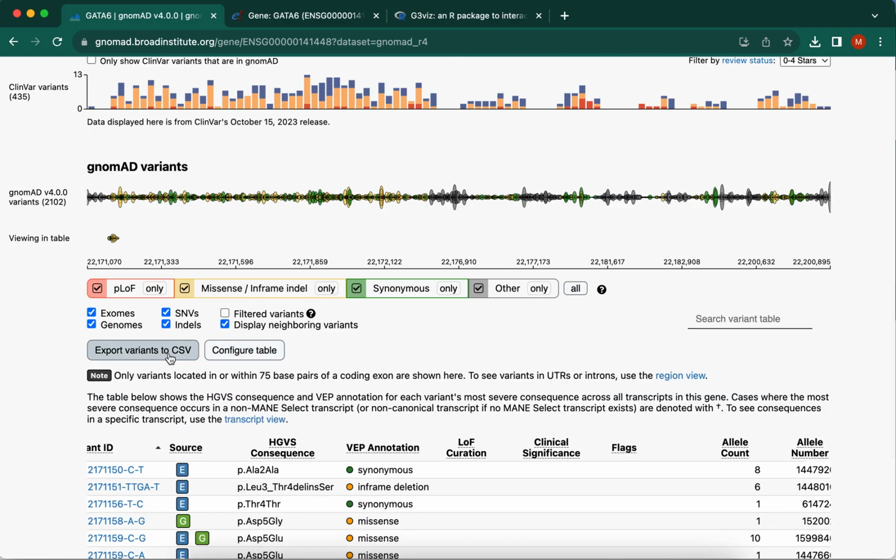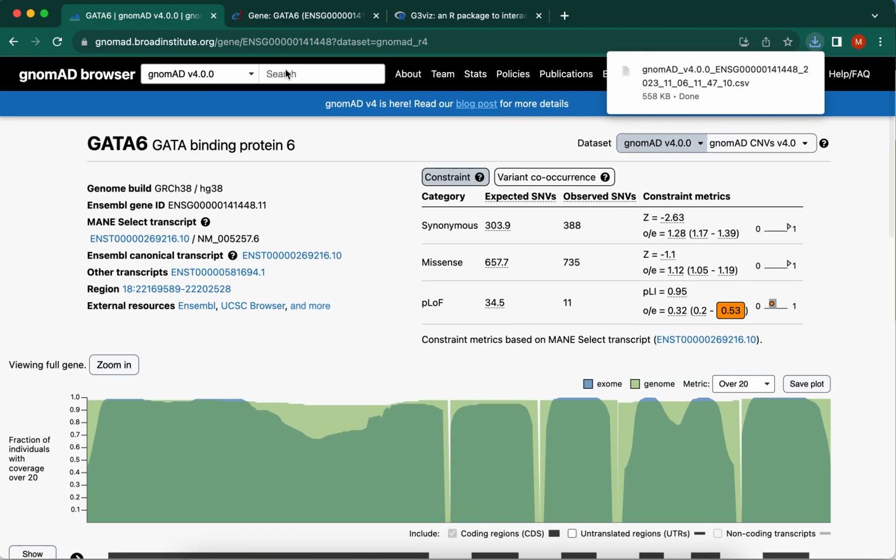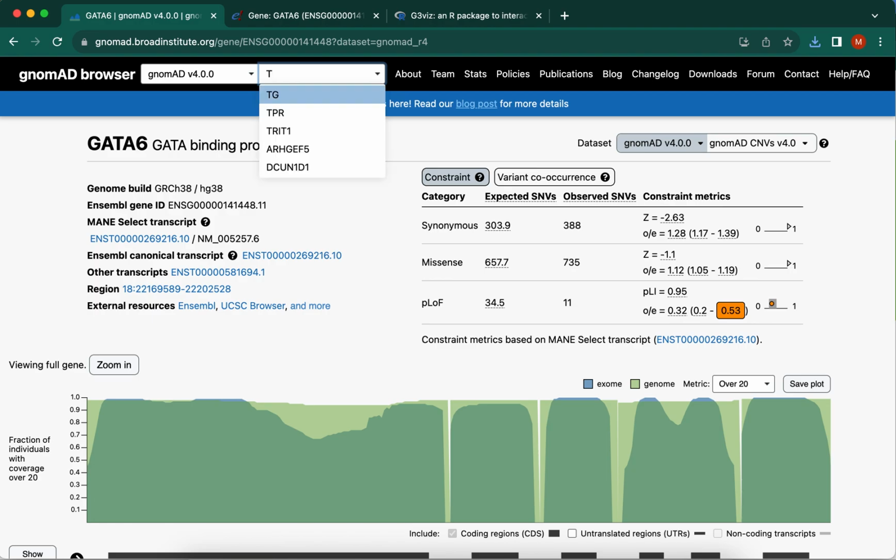Also, you can download this and export the variants to CSV files. That's how I got the files. So that will be downloads. And I can also try the